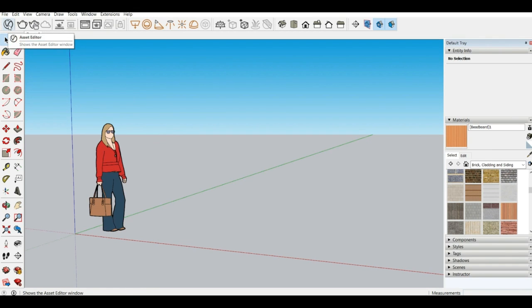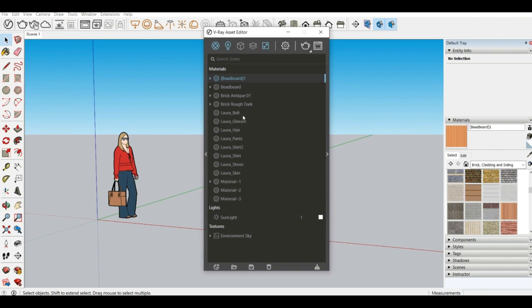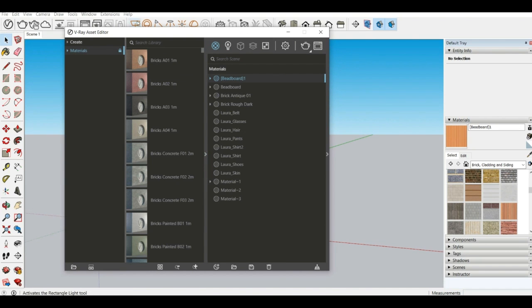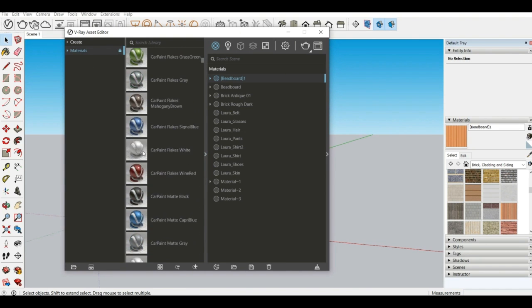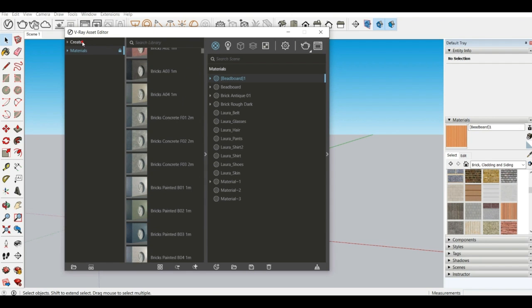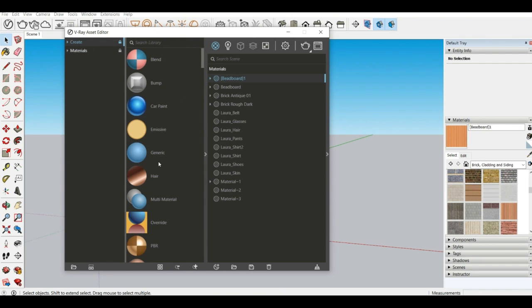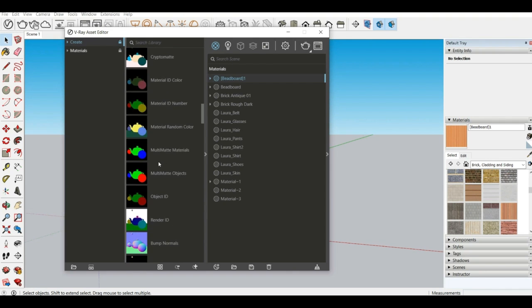So I'll open the V-Ray asset editor first. All I need to do is a left click here and wait for it to open. Okay, so here we go. So this is the dialog box, and first is the material tab. So click on the materials tab and then click on this arrow in the left hand side, and a sub window will appear. So here you can see the inbuilt material that V-Ray is providing, and secondly you can also